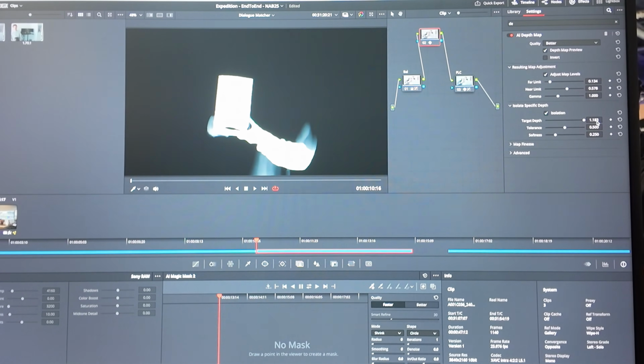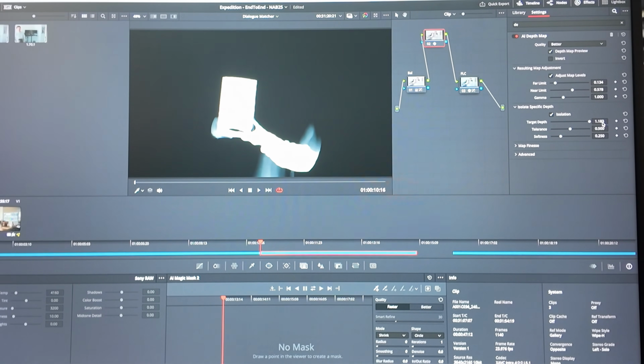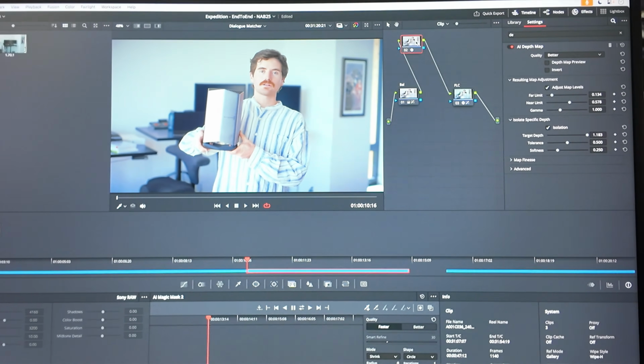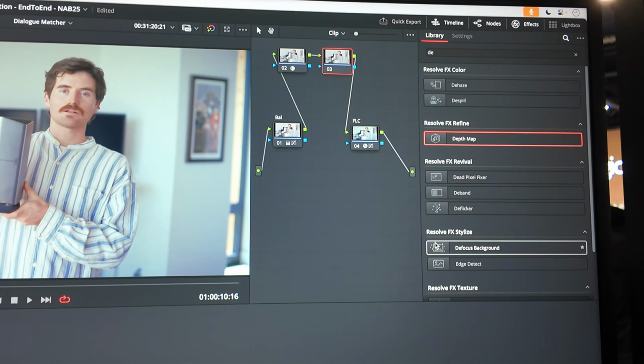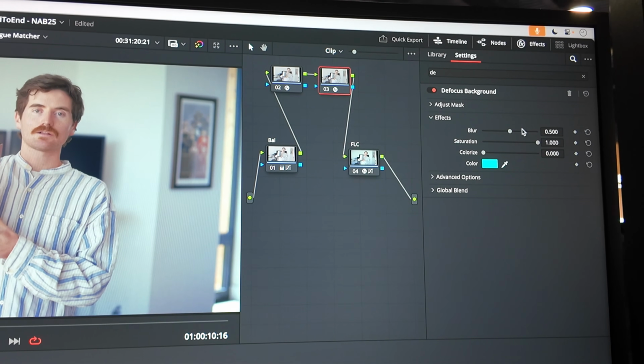We need to bring extra light to the product, right? We're shooting a product video. So having done that, let's turn off the depth map preview and show you basically how this works. If I add yet another node, and then I do something like the defocus background to this node, well, here's the slider,